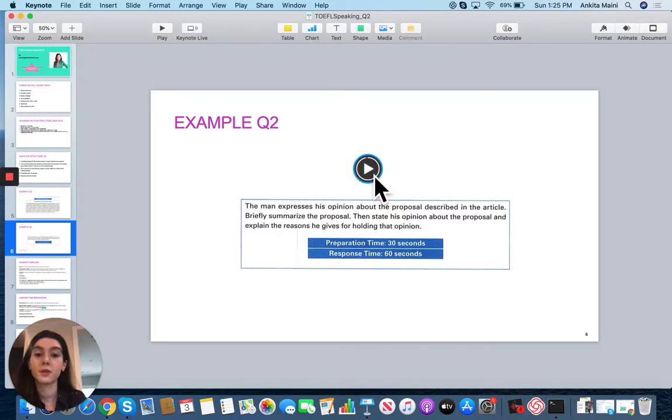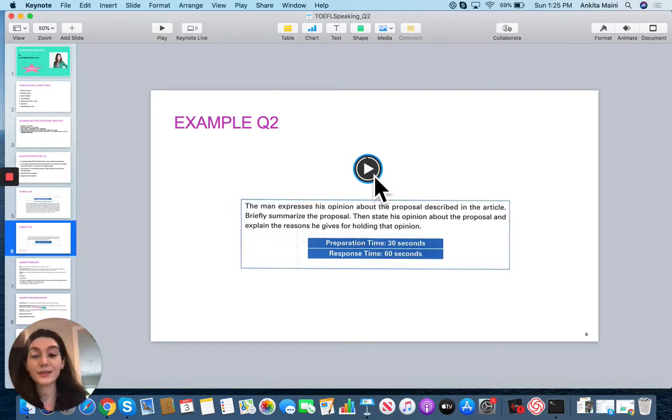Okay, so now that you have heard the conversation, you know that the man doesn't agree with this change or this announcement, and he had two reasons, okay? He told us that he doesn't think that this is going to work because students are busy in the evening, and he kind of elaborates on that viewpoint. And then he explains to us the second reason he has, which is that he thinks that this is not a good way of solving this issue because it's actually going to increase the university's expense, by obviously having more teachers and the building needing to be open at night. And then he actually gives us kind of his viewpoint on how the university can solve this issue.